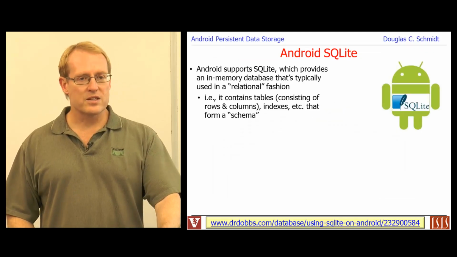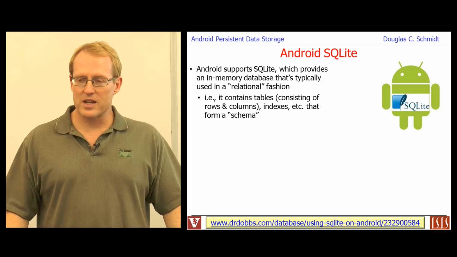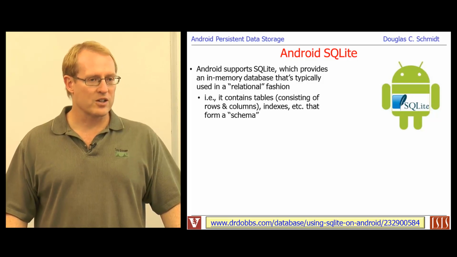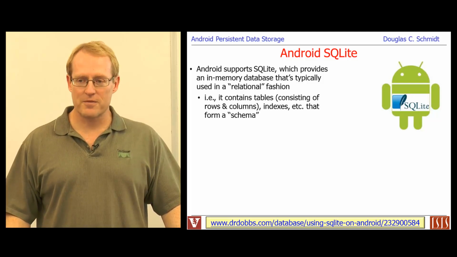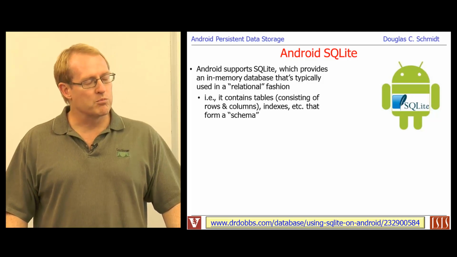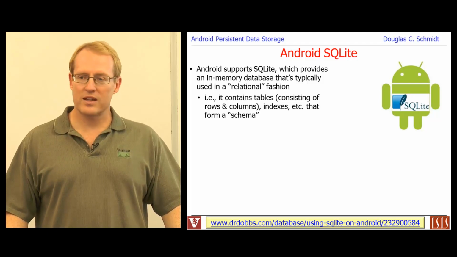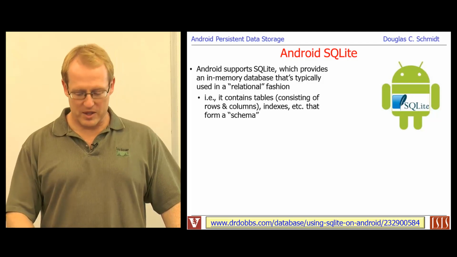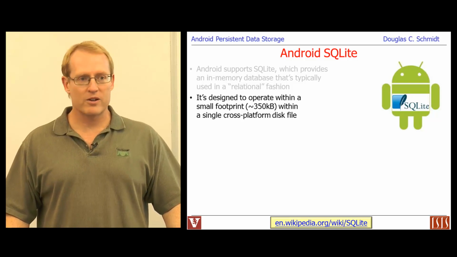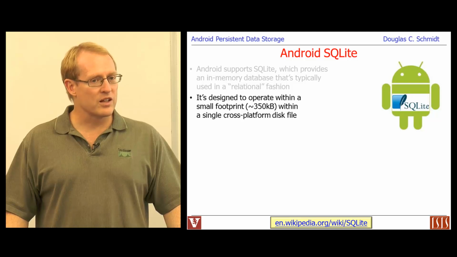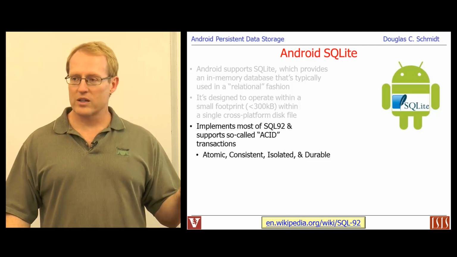So SQLite is essentially a so-called in-memory database, and what that means is it's accessed in the context of your phone. It's not going off to some server somewhere, some off board. It's accessed on the phone itself, and it's also described and formulated in a so-called relational way. So you have tables, and these tables have rows and columns, and you can do various queries on them. It's designed to take up a relatively small amount of space, around 350 kilobytes, but it still attempts to provide the bulk of the features that you'd expect to find in SQL92, which is a standard